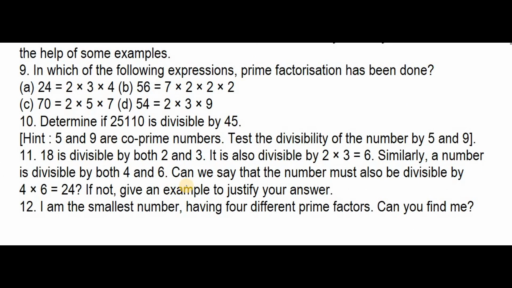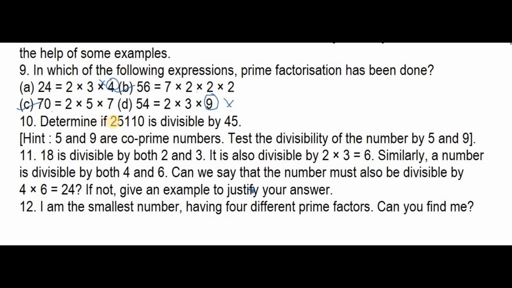So this question is saying that in which of the following expression prime factorization has been done. It is very easy, and first thing is prime factorization is nothing but it should be done with the help of only prime numbers. So here the prime numbers are there for C and D. 2 5s are 10, 10 7s are 70. This is correct. 7 2s are 14, 14 2s are 28, 28 2s are 56. So these two are only prime numbers. Here 9 is a composite number and here 4 is a composite number. That is the reason these two do not belong to what he asked.